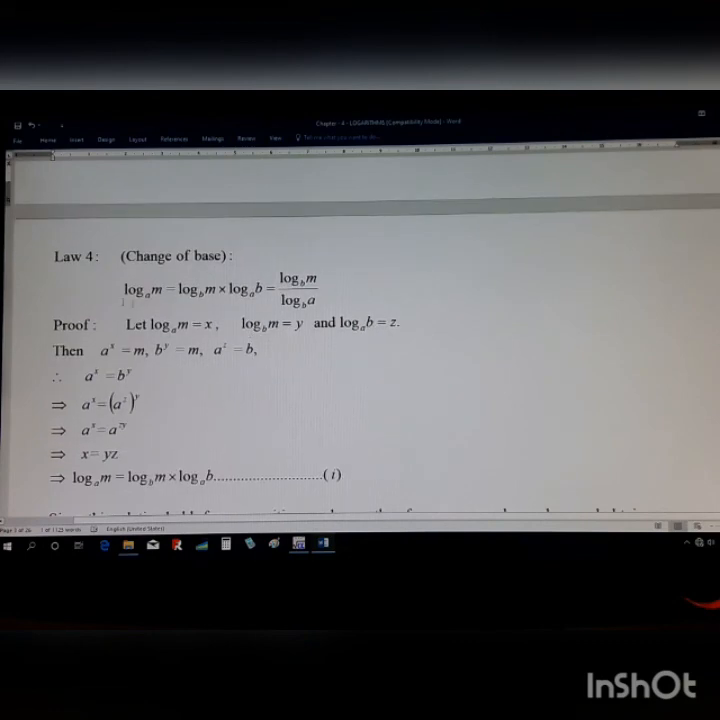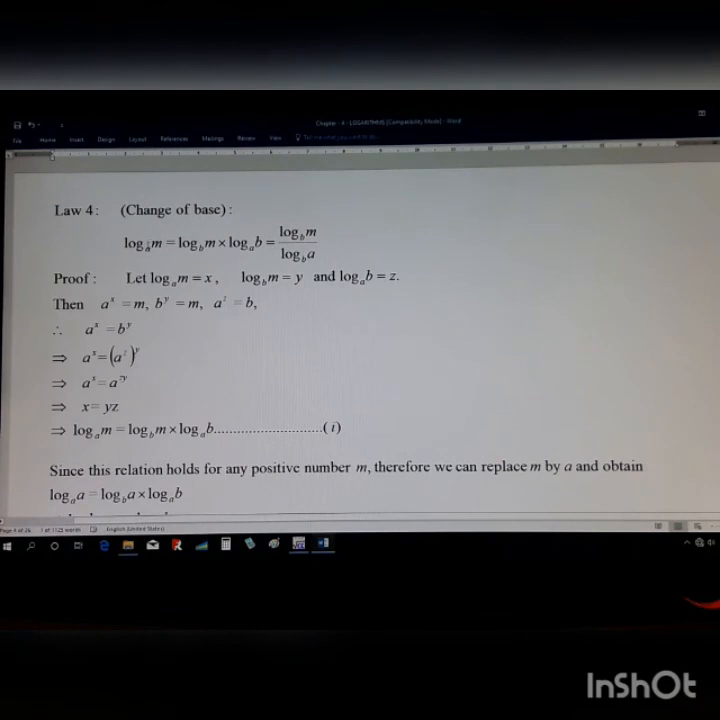Now a very important law that we have is law number 4, that is change of base. We have mainly two types of logarithm. One is common log and one is natural log. Sometimes natural log means the base over here